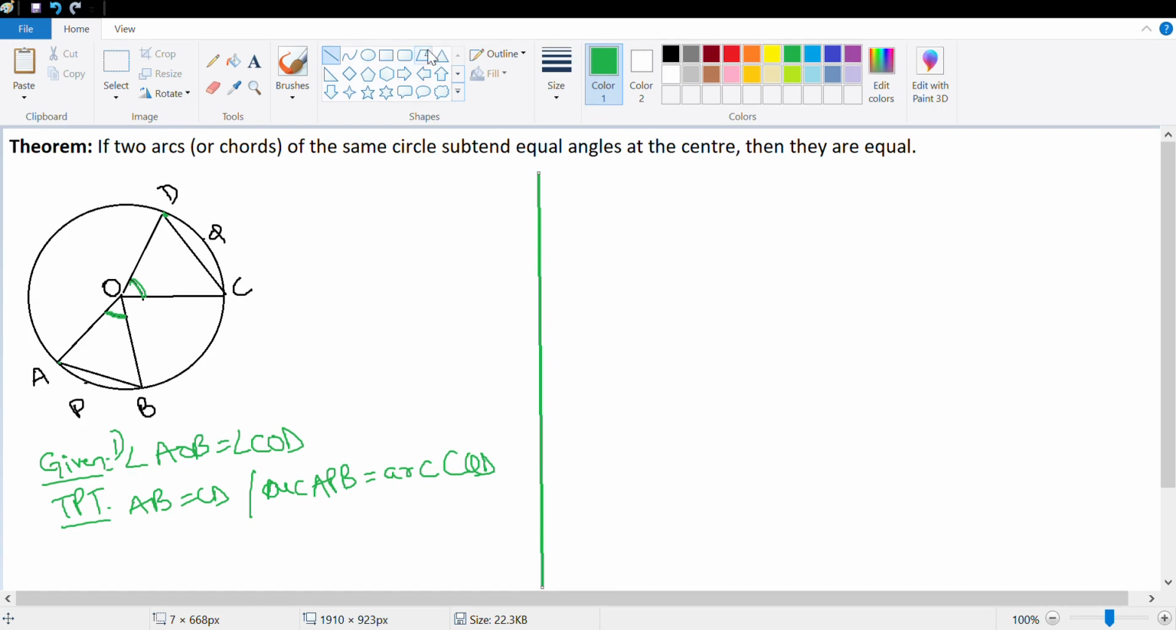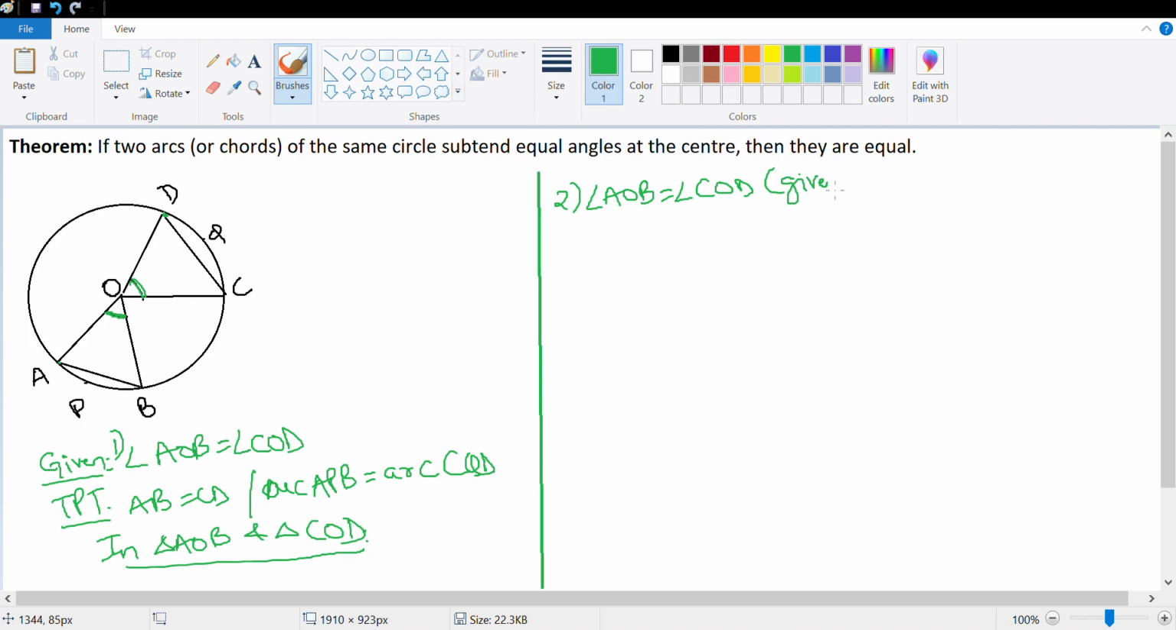Let's see how we can do that. Let's look at these 2 triangles which are already formed. In triangle AOB and triangle COD, do we have anything in common? Number 2 would be angle AOB is equal to angle COD. This is given. Next would be OA is equal to OC. Why? Radius of the same circle. So OA and OC are equal. Similarly, OB is equal to OD. Again, in fact, all of them are equal, which is radii